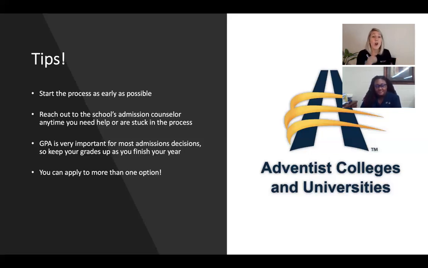through this. We hope that this gives you that high level understanding that you have to apply, you have to get your transcripts in, and if you can, have a conversation about those ACT and SAT scores. And then after that, the decision's on you. If you're able to get those things completed, you can then decide on the best school for you, the best fit for your life, and know that we are here to help you along in this process every step of the way. So best of luck,